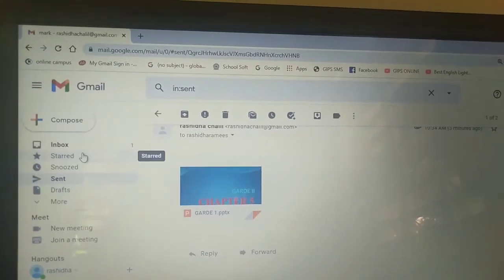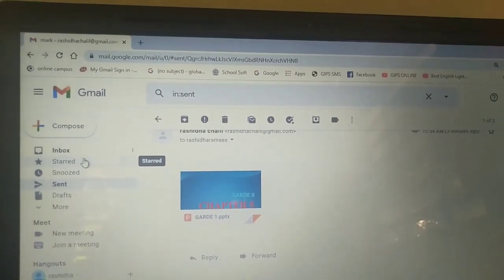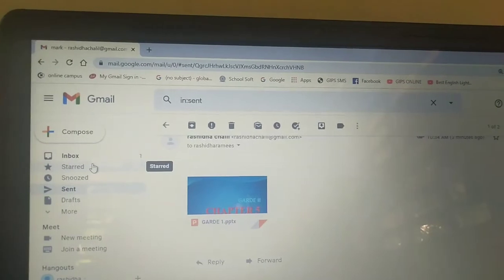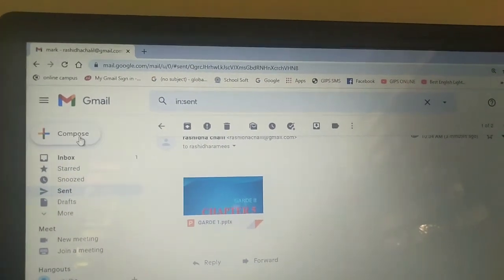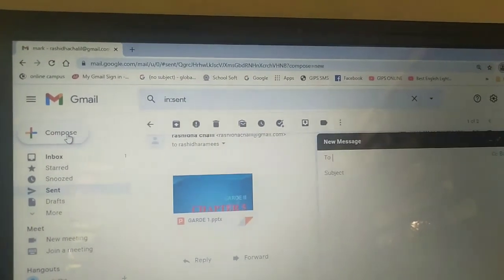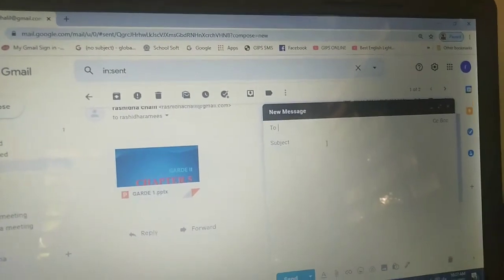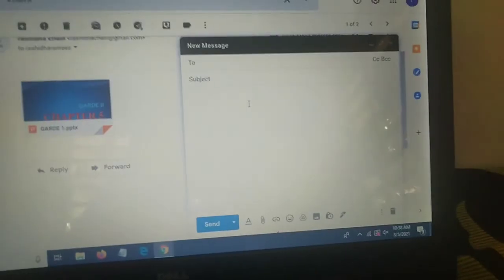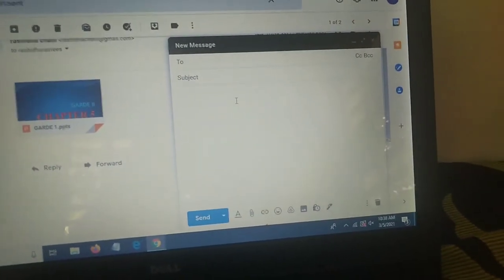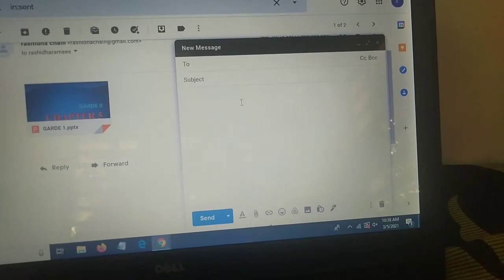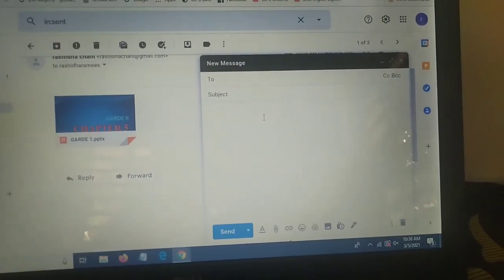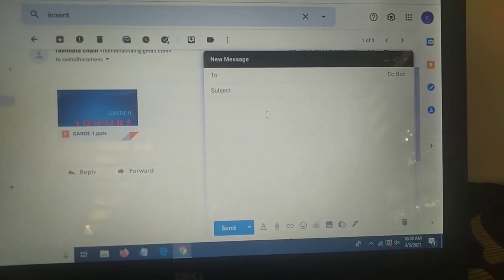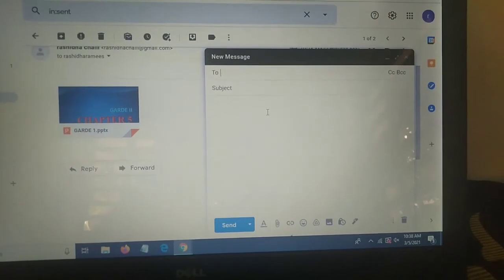For sending an email message from one account to another, first we go to the compose option and click on that. After that we get a window for sending the mail. At this window, the first option is To, to mention the recipient's email address.